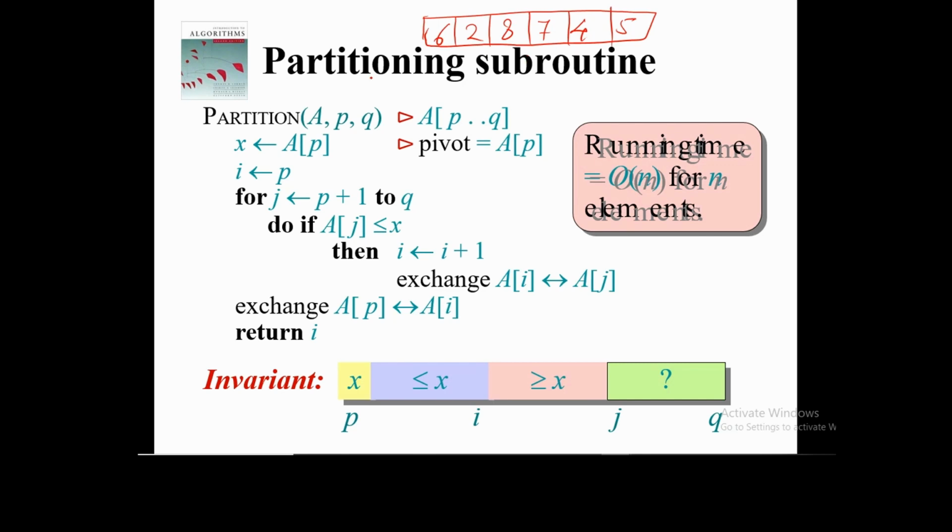The list is like this, and the index values are 1, 2, 3, 4, 5, and 6.